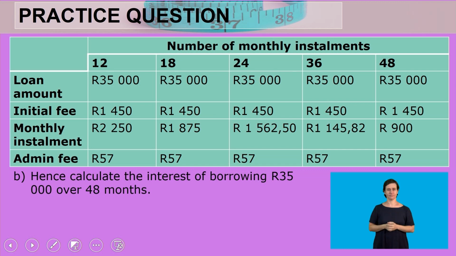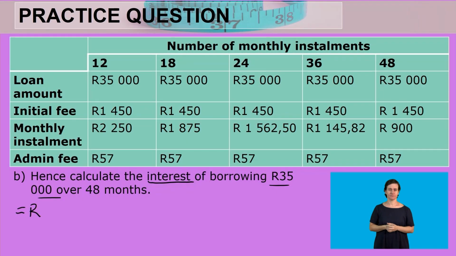Right, now we move on to number B. It's a continuation of the questions. They say here, hence calculate the interest of borrowing 35,000 over this period of 48 months. Remember, in question A, you have calculated the total amount. So now they want us to calculate the interest. So how are we going to find the interest? The interest will be the extra amount of money that was added on top of the loan amount,